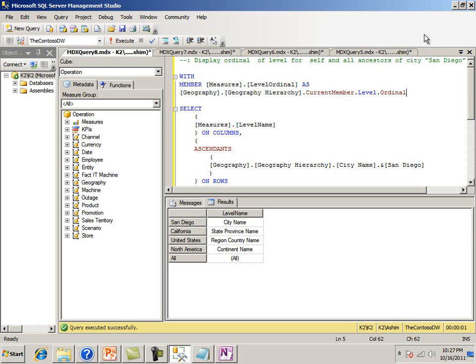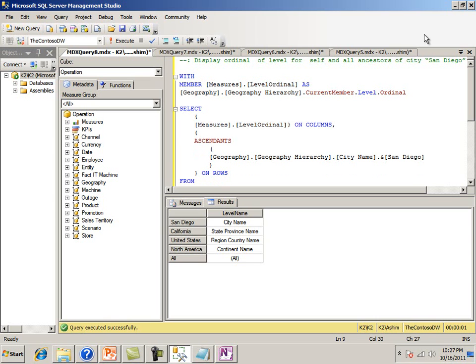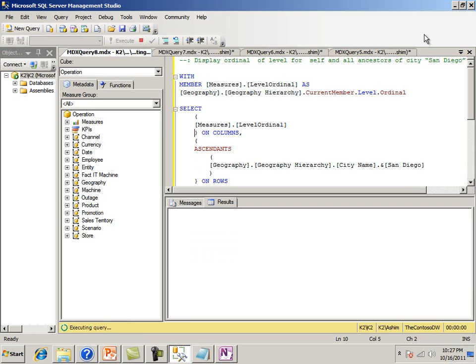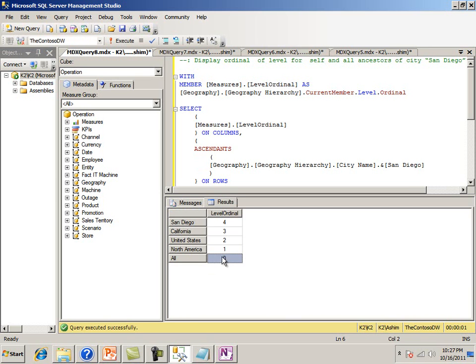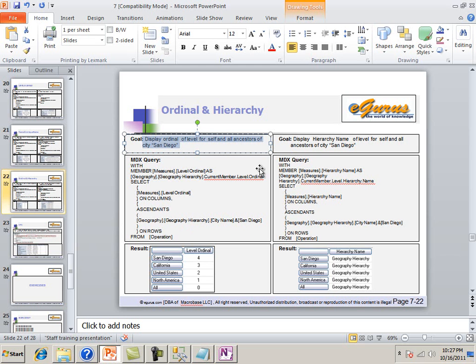Ordinal is a zero based levels basically. So you'll see like 0, 1, 2, 3, 4. So that number, it's a zero based ordinals of the levels, F5. So you'll see this is 0 level, and then 1, 2, 3, 4. So that's the ordinal levels. Okay, it's very simple, right? Okay, next one,